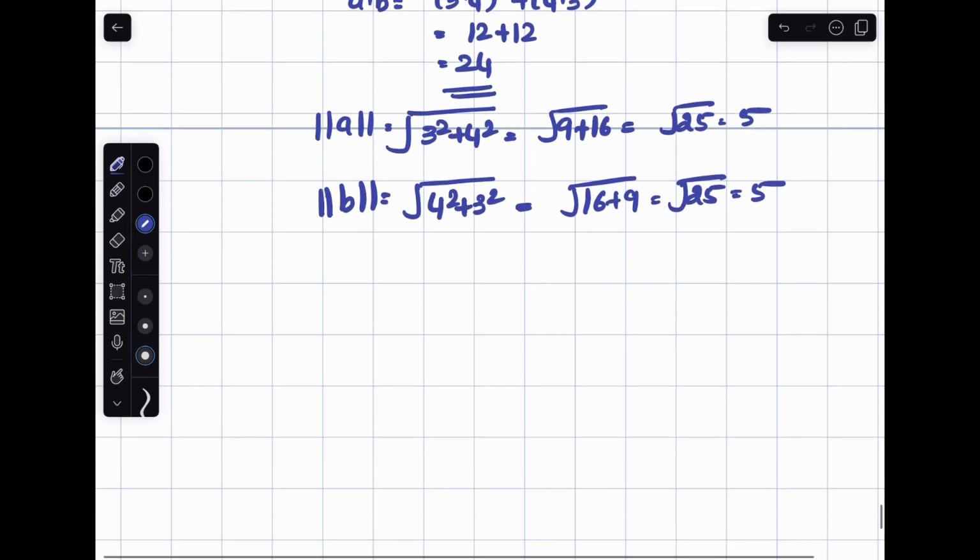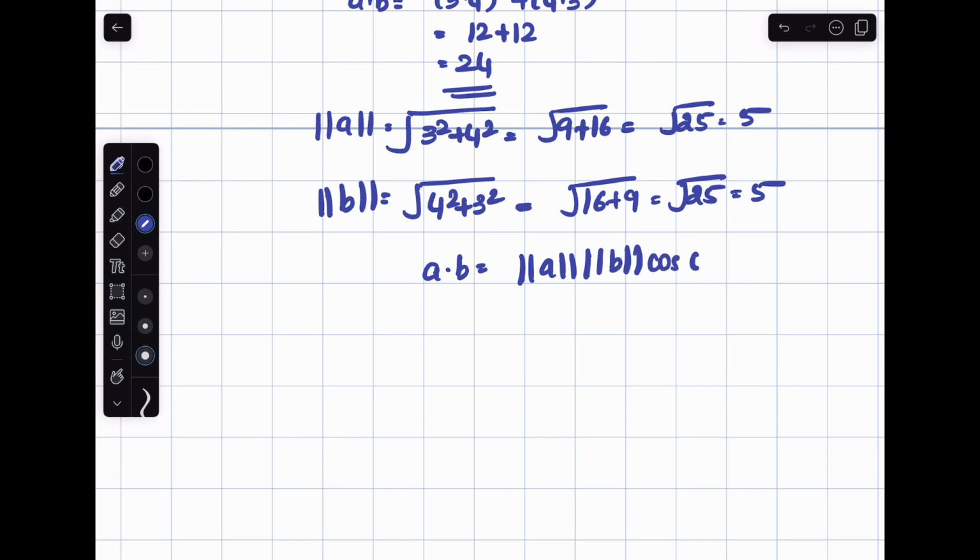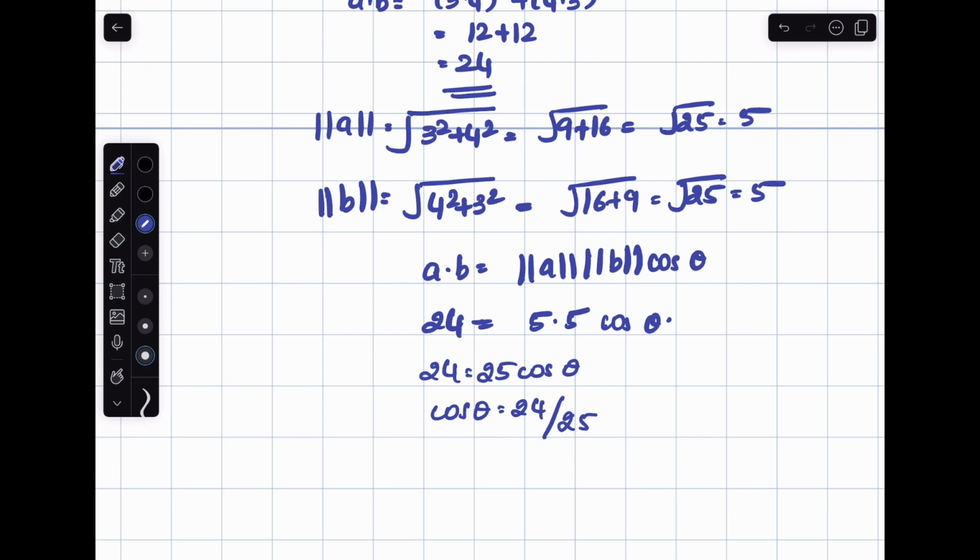All right, now we know the three terms in the equation, so we can find out what theta is. So let me write it down. a into b is equal to magnitude of a into magnitude of b cos theta. So a into b is 24, which is equal to 5 into 5 cos theta. So 24 is equal to 25 cos theta. So what is cos theta? Cos theta is equal to 24 by 25. So what is theta? Theta is equal to